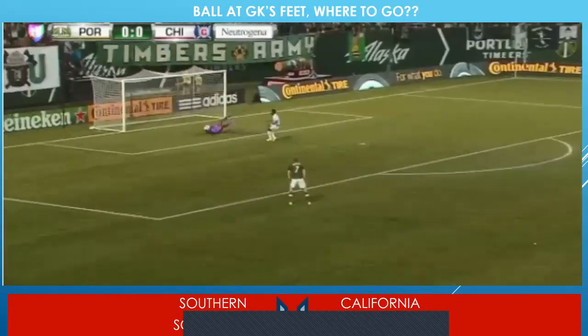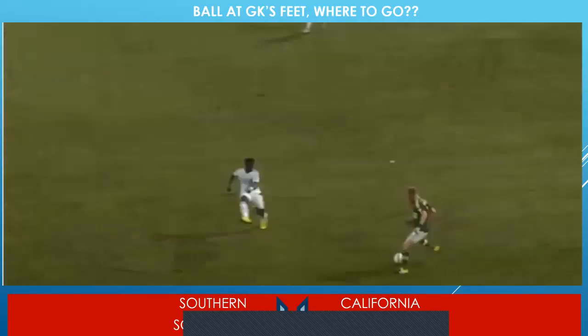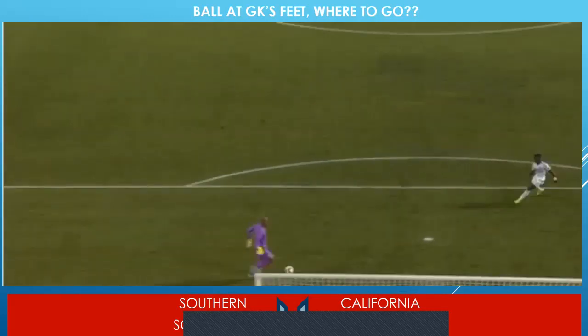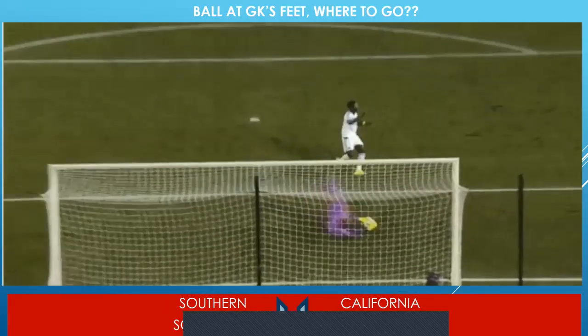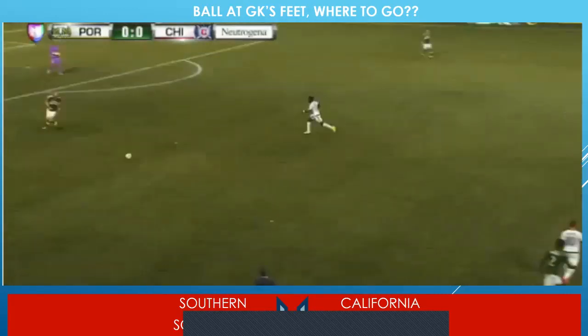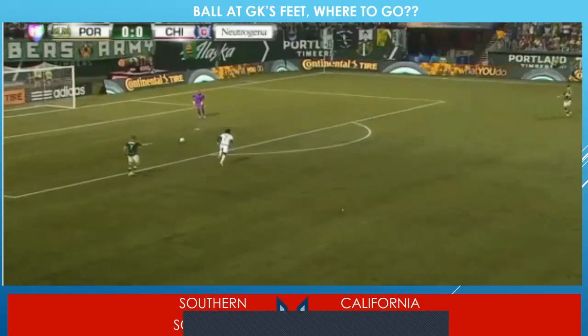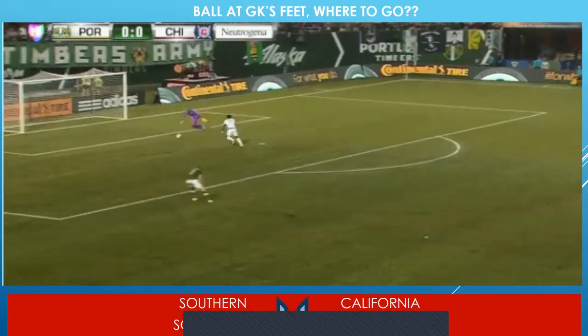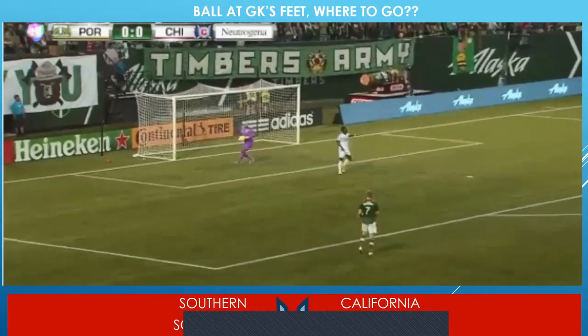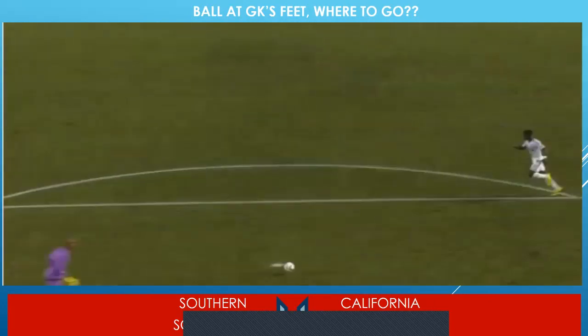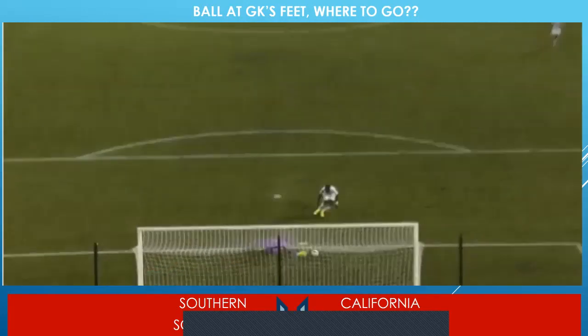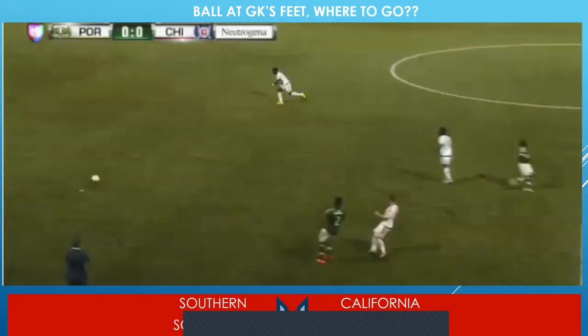So on this one, oh, we got lucky. So he plays it back to keeper. Keeper decides to play it right back. Way too much space to do the 1-2s. So a lot of times we'll see keepers just want to play it right back because he thinks the pressure is not there. If you have a little bit of a bad touch, it's disaster. There was no reason for him to play it right back right away at that angle, once again, because the